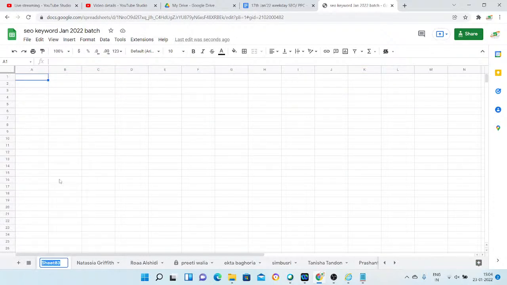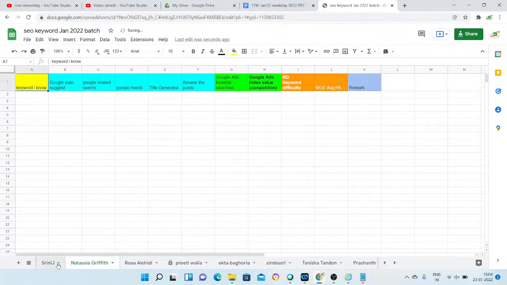Then he goes to my sheet, takes the header like this, and pastes it here, and starts doing his homework with a different keyword. Everybody doesn't need to follow the Pinterest marketing thing. You have to bring your keyword and then accordingly find your own searches from the different sources. And of course, when we reach there, I'll tell you what else needs to be done.